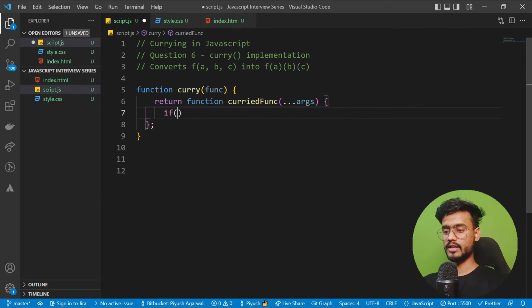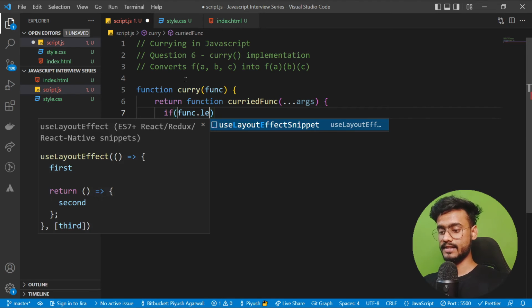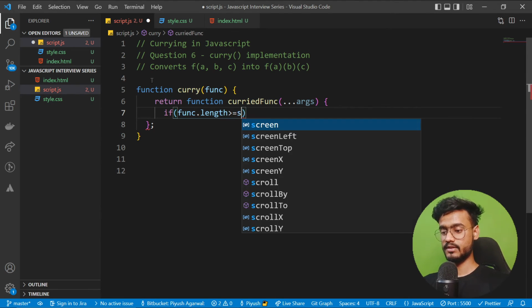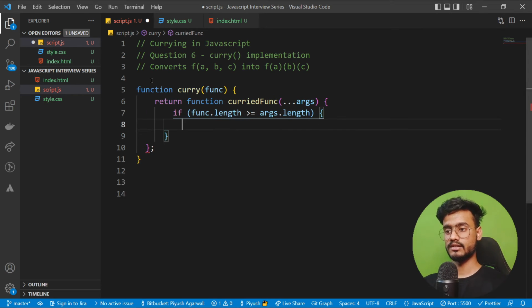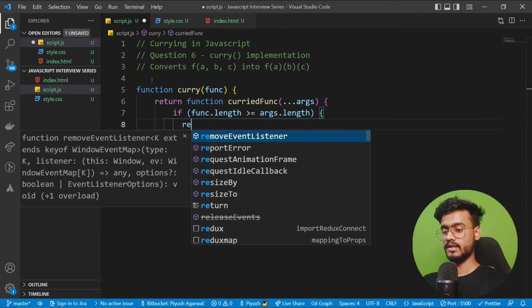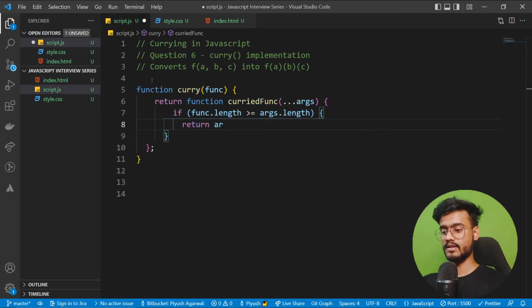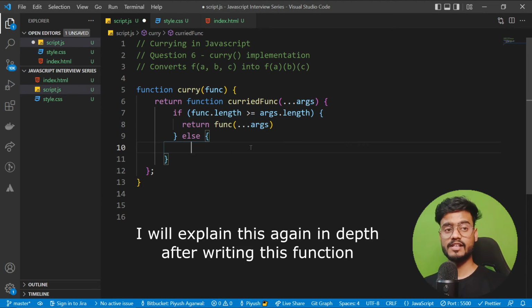So what we'll do over here is check if function.length is more than or equal to args.length. That is what currying is, right? If function.length is equal to args.length, because the number of arguments has to be equal to the number of parameters of the function. This is actually our base case to check. If it's not, then we're going to return func with args. Else we will return a function which will collect all of the next arguments,